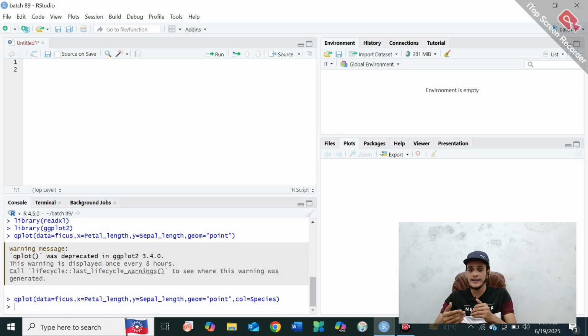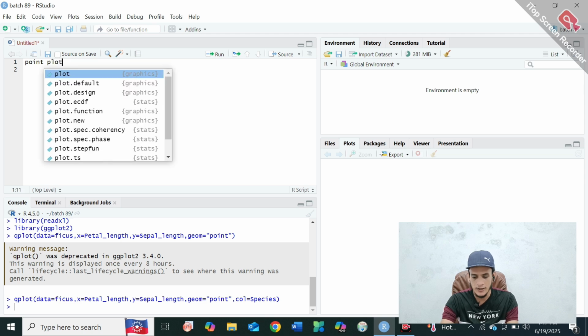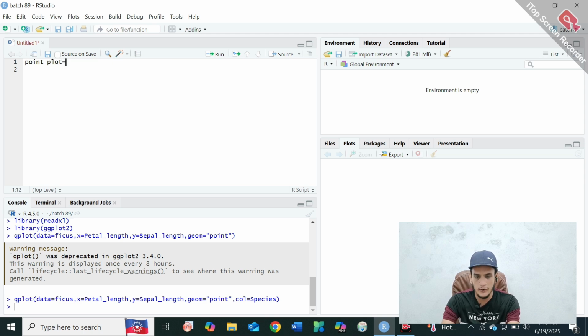So guys, I have already explained in our last lecture that in RStudio when we do any analysis, we must need a package. And all the analyses have different packages. For a point plot we need a package called ggplot2. We need this package for point plots in RStudio. So we will first see whether we have ggplot2 or not. Definitely, if you are using RStudio for the first time, you must not have the ggplot2 package already in your RStudio.